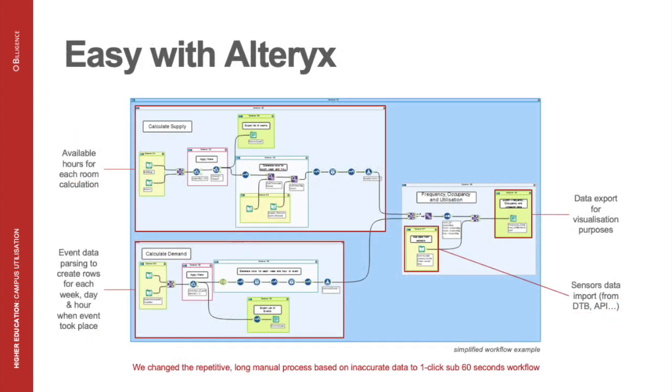So we'd like to highlight here just how easy this was to do in Alteryx. This is a simplified version of the workflow. There's a couple of macros in here, but what we're looking to show here is that there's three main elements, which is calculating the supply. So breaking this down into available hours for each room. There's a calculation engine that we've built in Alteryx to do this. Next is event data, so parsing it to create rows for each week, day and hour of when the event took place. And lastly, bringing the sensors data against the frequency and occupation and utilization analysis,